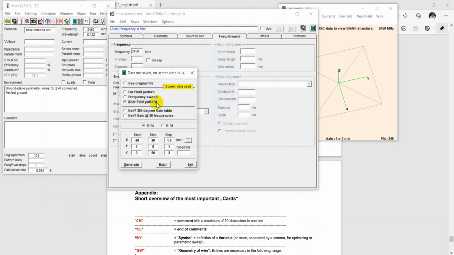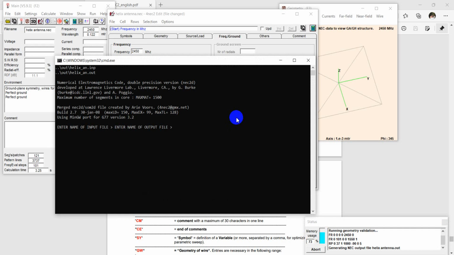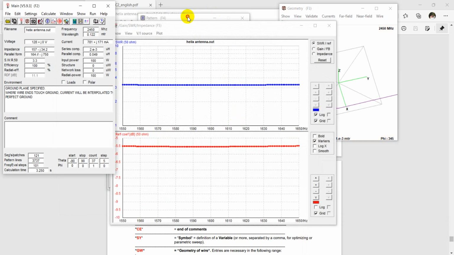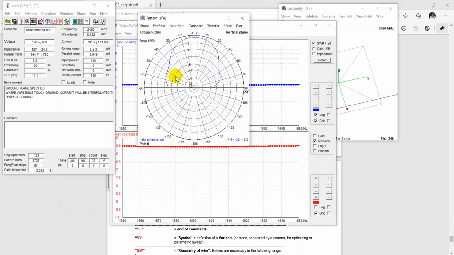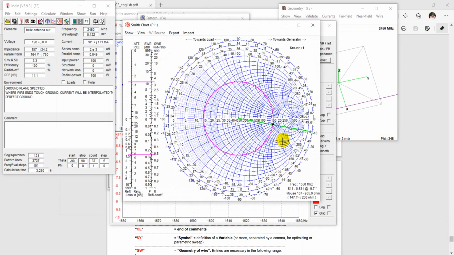And when you try the frequency sweep at this range, then after generating the simulation, you can get the same as the previous. It looks like the previous, but it's a little bit different. And if you want to see the Smith chart of this portion, then you can see the radiation pattern of